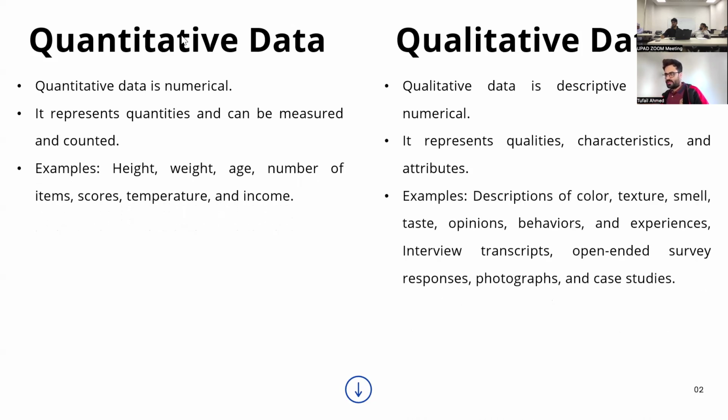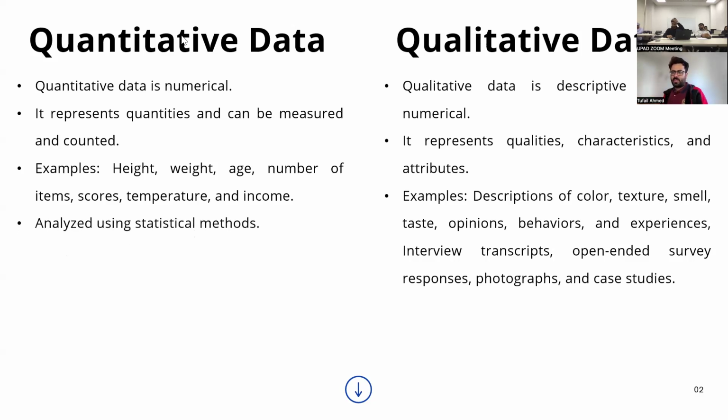And if you talk about qualitative data, if I want to describe a color, how would I describe a green color? I think I will not have any numerical thing to describe it. So we will describe how green the color is. Similarly, texture. Similarly, if you want to smell food, how would you describe it? You cannot quantify it. If you want to tell your colleague how the food smells or tastes, you will describe it. So this is the difference.